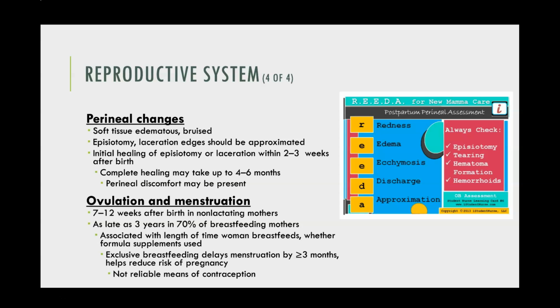From a perineal standpoint, the soft tissues can be edematous or bruised. If the mom has an episiotomy or a laceration, it is important to make sure you're assessing that the edges are approximated and looking for signs of REEDA. So redness, edema, ecchymosis, discharge, and approximation. We're always checking for the episiotomy, any tearing, any hematoma formation, any hemorrhoids,